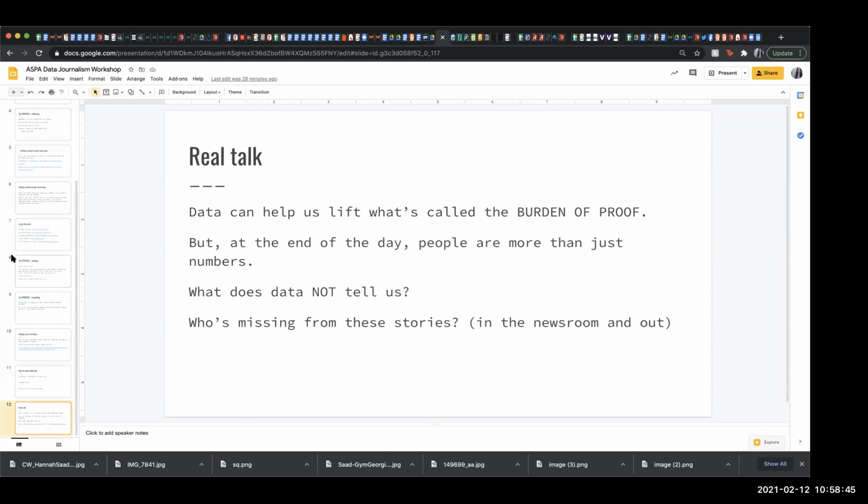And this is important, especially if you are covering real issues in your school system, whether it be about the dress code, whether it be about disparities, whether it be about discipline rates. You are lifting the sort of burden of proof. You're providing evidence for something